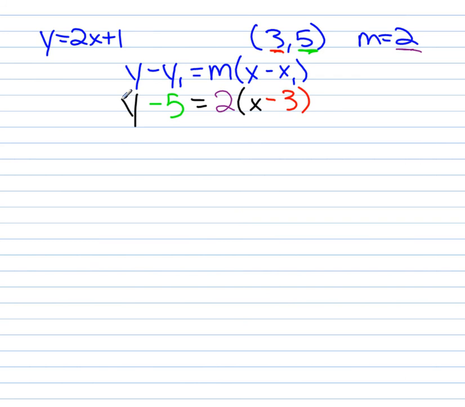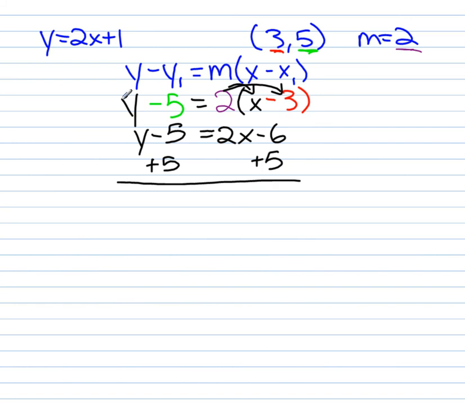So then we distribute first, so we say 2 times x is 2x, and 2 times negative 3. I know multiplying's hard. This would be negative 6. Over here, you can't really do anything with y minus 5. So in our last step, we would add 5 to both sides. Why do we add 5 to both sides? Because we want to get y by itself. Very good. So this cancels out, so we get y equals